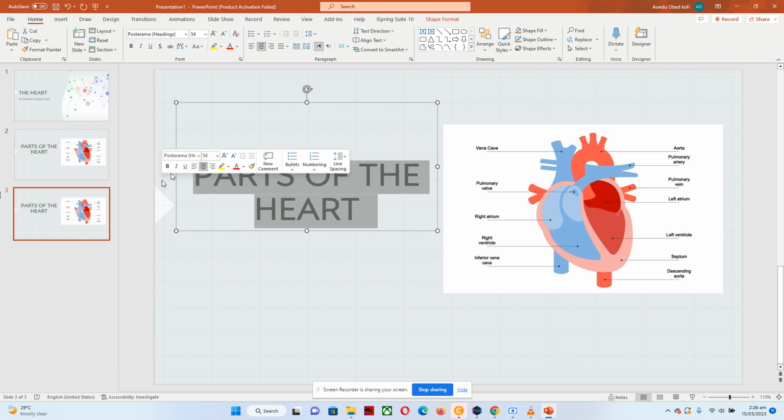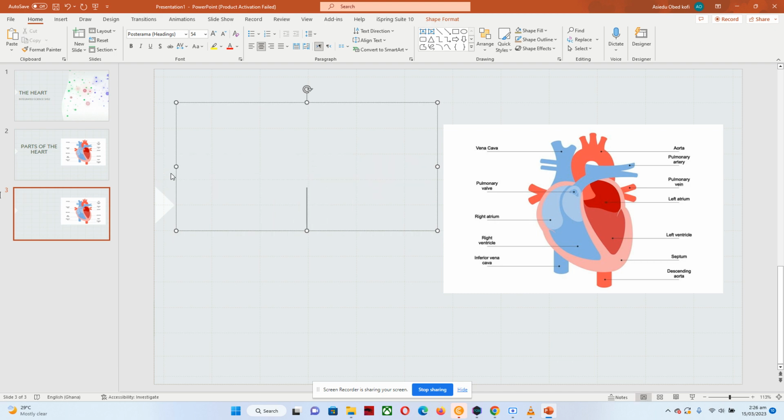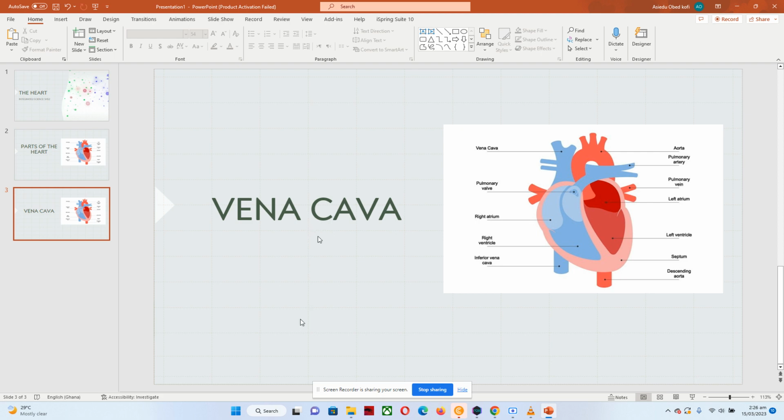So here will be the vena cava. So this is your lesson notes. It's like if you have prepared your lesson notes, it's like, how should I say? It's like preparing your lesson notes. You understand? So we are going to talk about the vena cava. So what you do is, if you want to add a description or maybe some notes here,